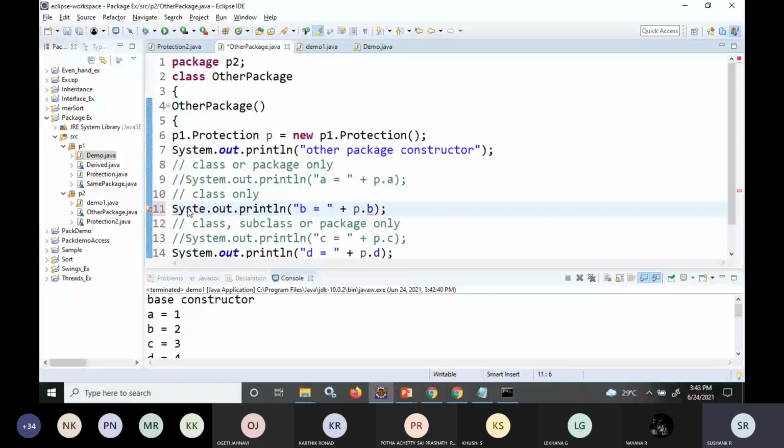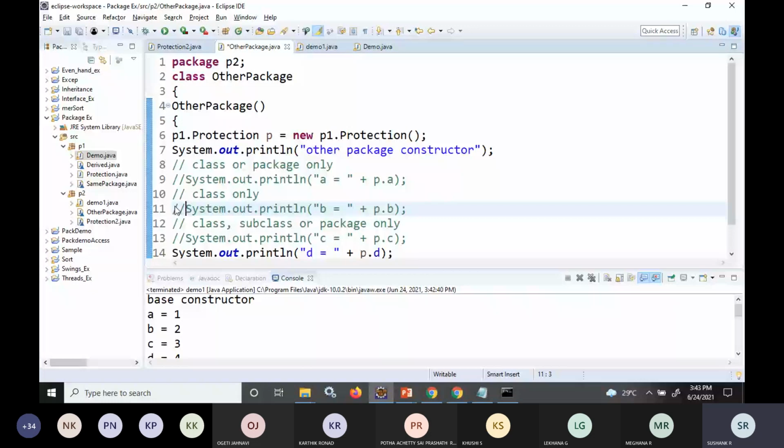But in the compiler, this error will be thrown when I'm running that. I'll get the message that p.b is not accessible. So in order to make you people understand, I've written the code like this.